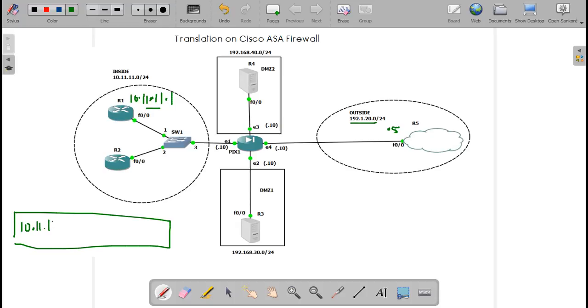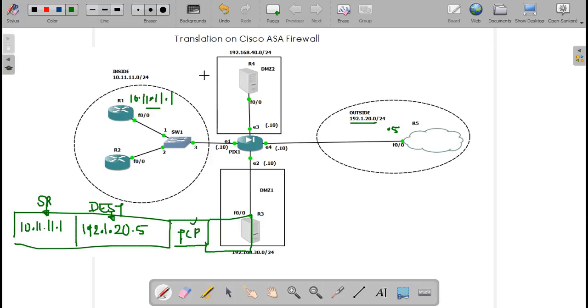My source will be 10.11.11.1, and your destination will be 192.1.20.5. Suppose it's TCP based traffic, then you have some data part. Port number and the data part. So this is your TCP header, this is your IP header, wherein this is your source and this is your destination.